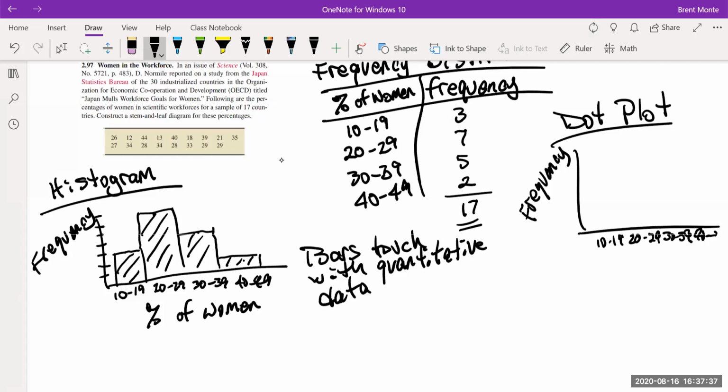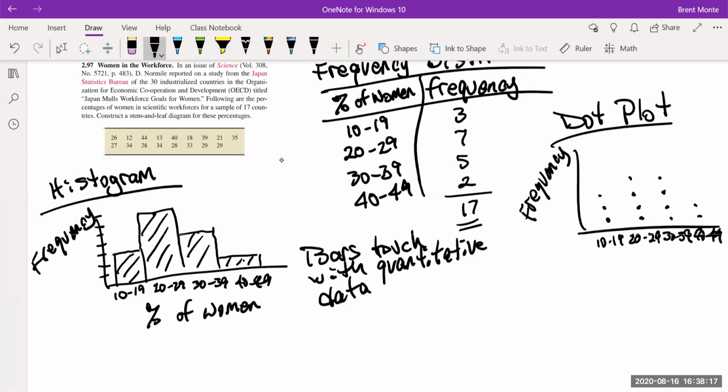But what's nice about a dot plot, they're real easy to make. Because when you look at the numbers, you can just put a dot there. Oh, 26, there's a dot right here. 12, there's a dot here. 44, there's a dot here. 13, stack up the dot. 40, stack them up. 18, 39, 21. So I'm just putting the dot in whichever column the number would go in. 35 goes in the 30s. 27, of course, goes here. Make sure they're lined up. 34, 28,